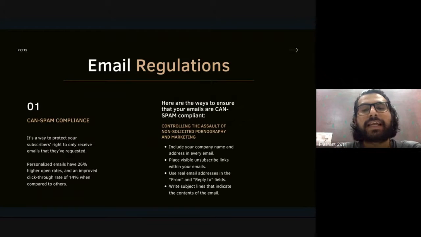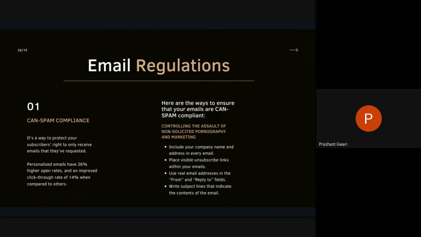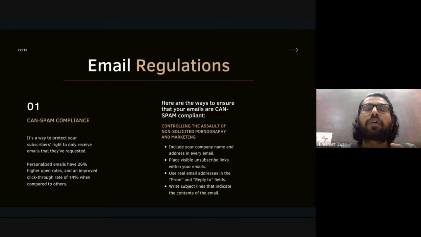Next, use real email addresses in the from and reply-to fields, because a lot of the time when people check the email marketing campaign and they really like the content, they reply to that email. When you are using an ESP tool, the email they send often comes from a no-reply email ID. You can't reply to that email ID. So if you are using MailChimp to send an email marketing campaign, the email will go from a MailChimp server, and that email ID is no-reply. No one can reply to that email ID. If someone tries to reply, the email will bounce.